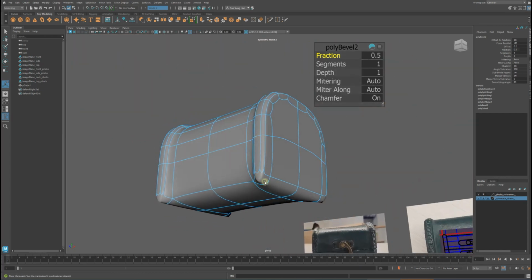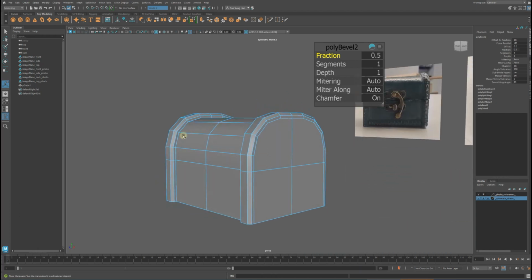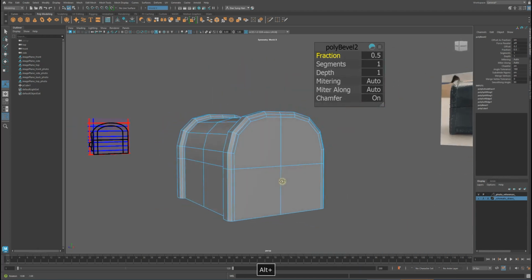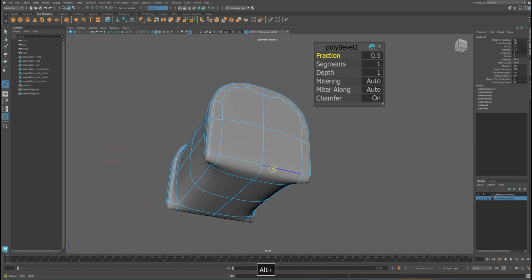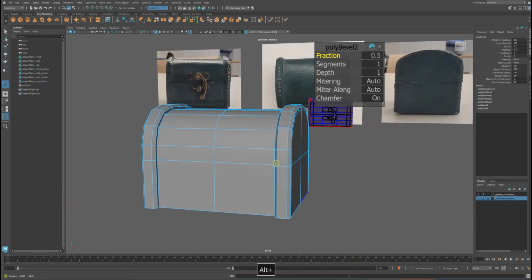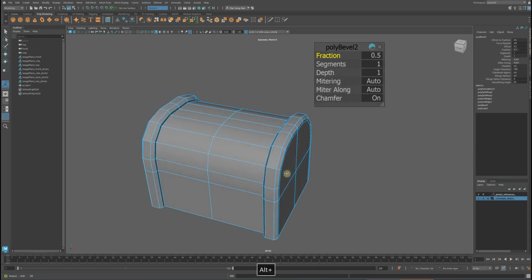Ooh. Yeah, this has to be fixed. If you're doing game art, this is where you're gonna leave it at. If you wanna make it smooth and just look shiny and polished, then you have to press 3. But when you press 3, you gotta fix this up. But we're not gonna do that right now. So from here,